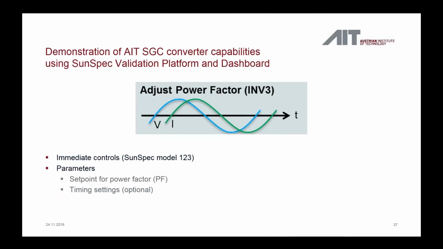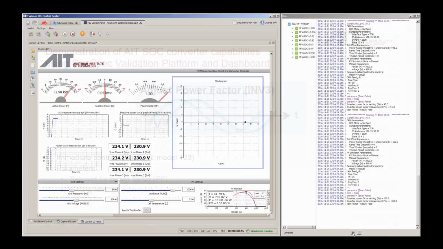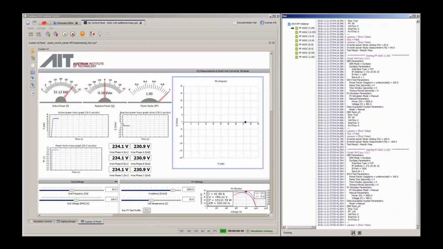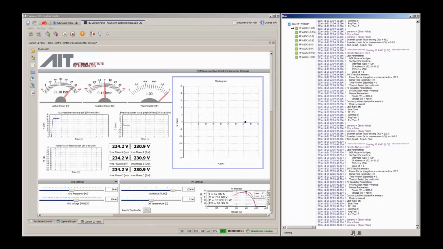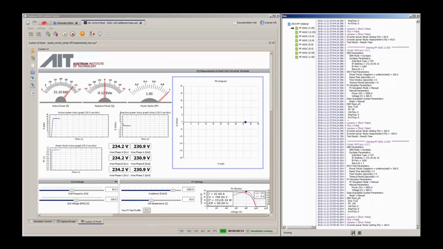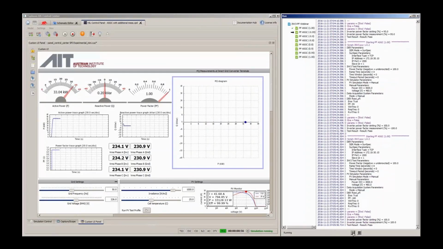and in the next test I would like to move to reactive power control, first to the control of the power factor. Also here the set point of the power factor and timing settings are the parameters which can be sent to the device. Okay, so here you can see we start with the device running at a power factor of 1 with full active power. And in the next test steps, in the next individual tests, we're going to set the power factor first to a value of